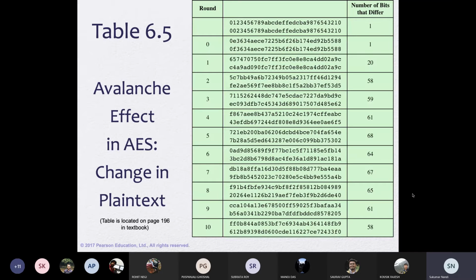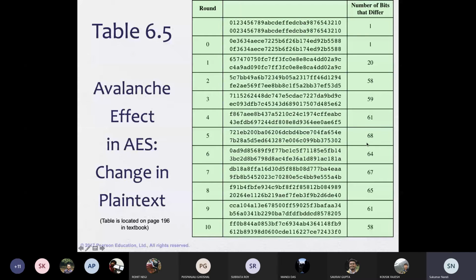Diffusion is key, as it contributes to all bits of the ciphertext. This table is actually talking about two plaintexts. The first line of the first row is one plaintext, and the second line is another plaintext. They differ in the leftmost, most significant portion: there is 0, 0, 0, 1, 0, where the 1 is changed to 0, and the rest are identical.